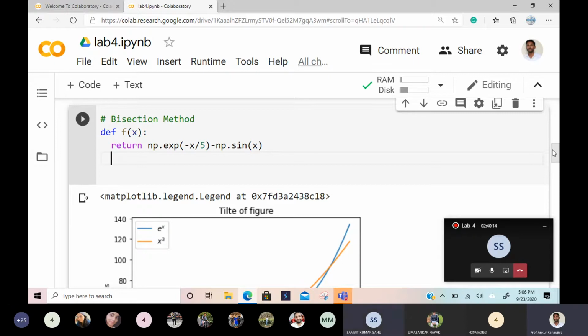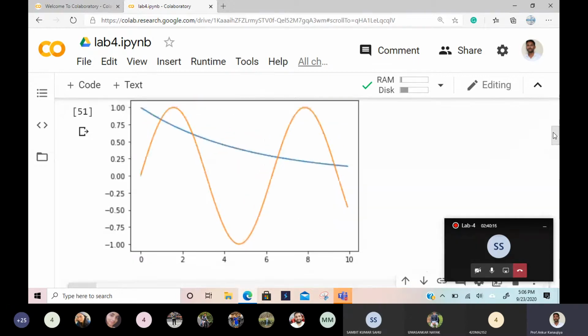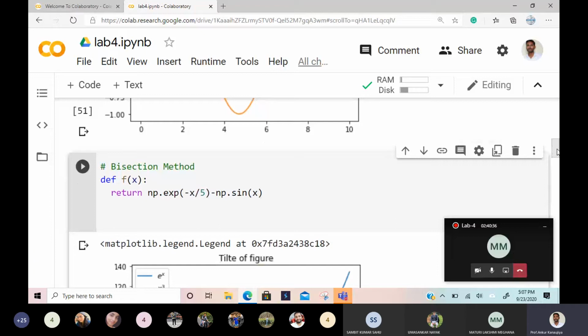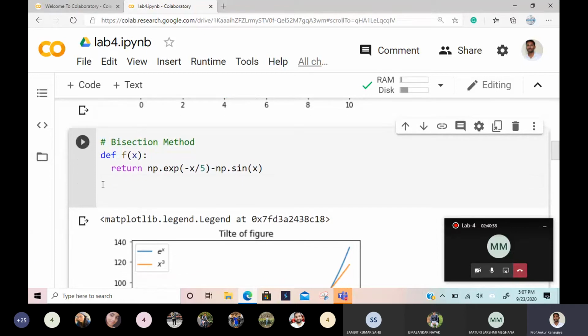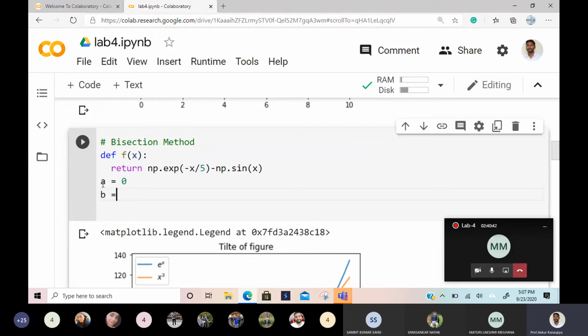Yes, sir. So we'll choose two points. From this picture I can choose. I am showing, tell me which root you want. If you take this initial guess 6 and 8, I can show this one. Tell me which one you want, I will choose that interval. In between 0 and 2. Okay, I will take 0 and 2. That exercise you have to repeat 4 times for different A and B. A equal to 0, right? B you want to choose 2.